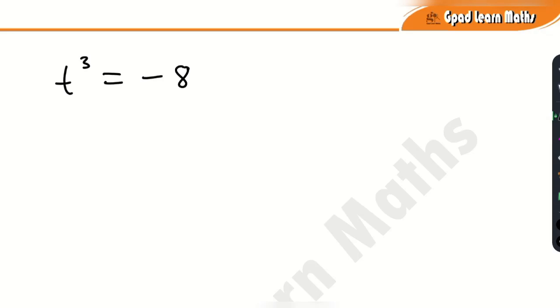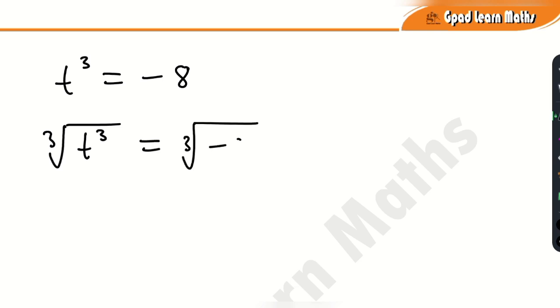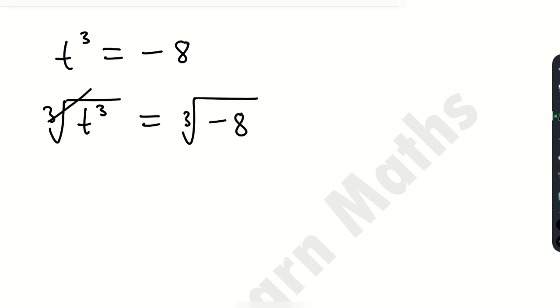In this video, we are going to be finding the three solutions in this equation, okay? Now, if you want to solve this question, usually what many people do is take the cube root of both sides because they want to get rid of the cube here. So what you have would be the cube root of t raised to power 3 is equal to the cube root of -8. Now this cube root will get rid of the cube, so you are left with what? T, which is equal to